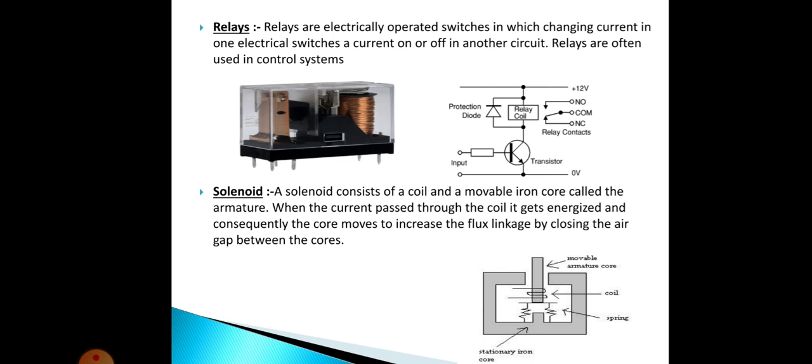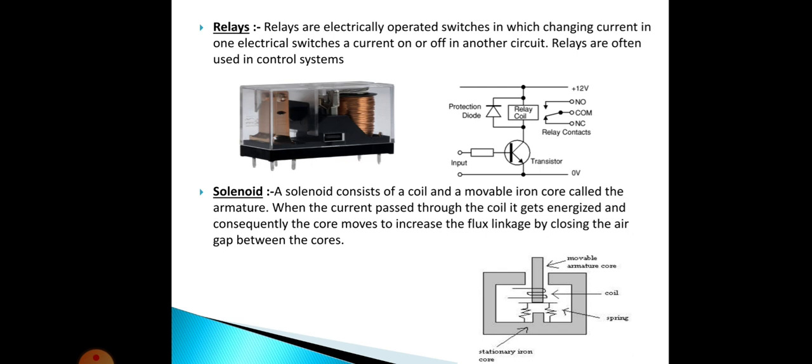Then next, the output from the controller is a relatively small current, and a much larger current is needed to switch on or off the final connection element. Example, the current required by an electric heater in a temperature control system, or a motor. Relays are used in power switches and electromechanical control elements. The next one is solenoid. So what is a solenoid?